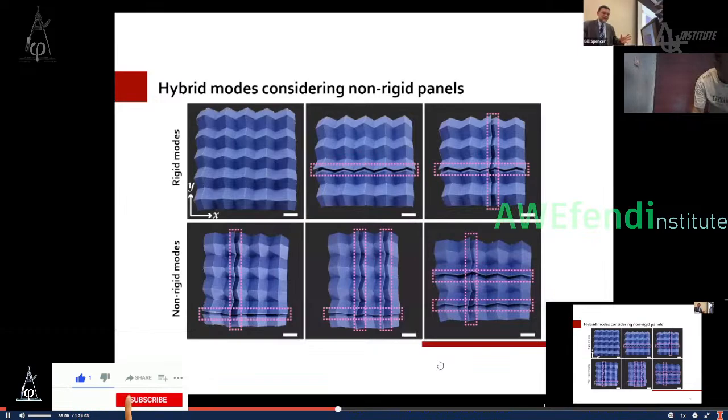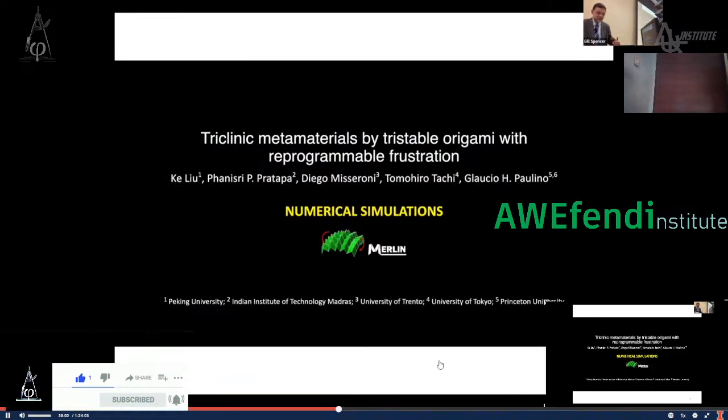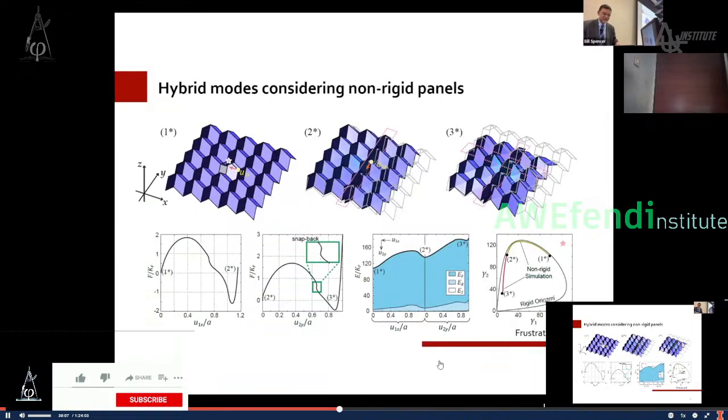And now we can have hybrid modes that consider the non-rigid panels. And we did some simulations. In the interest of time, I am going to skip this and tell you that then we did the simulations in Merlin, and I am going to talk about Merlin to you. Then trying to simulate this point defect, that is the combination of 2 line defects. And the point that I would like to make here is that this black line here represents the rigid origami region. And as we keep doing the simulation now,